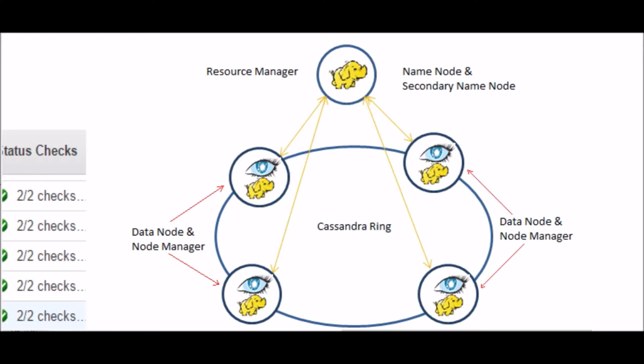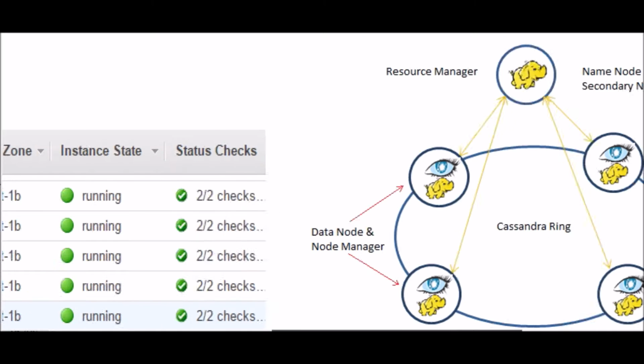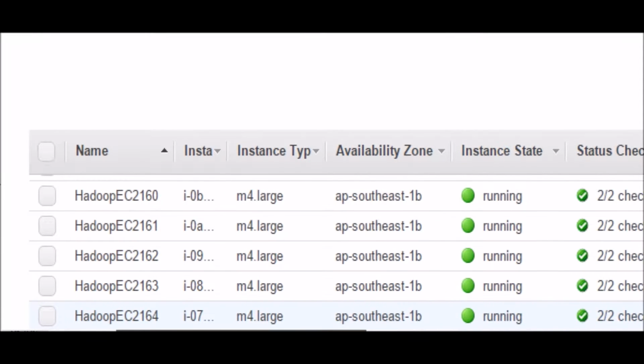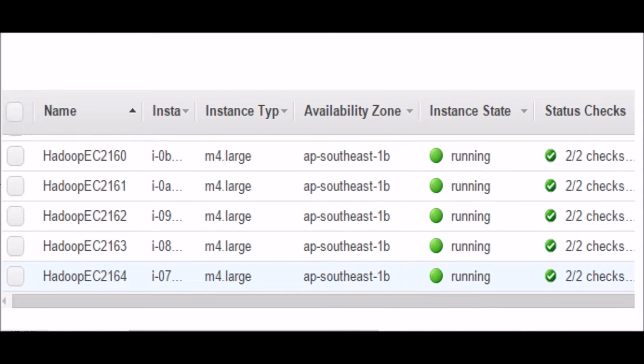And here is the topology of my Hadoop cluster. As you can see, both Hadoop and Cassandra are overlaid on each other. I'm showing you which service or which daemons are running on which node, and with those 4 slaves are formed the Cassandra ring, and all